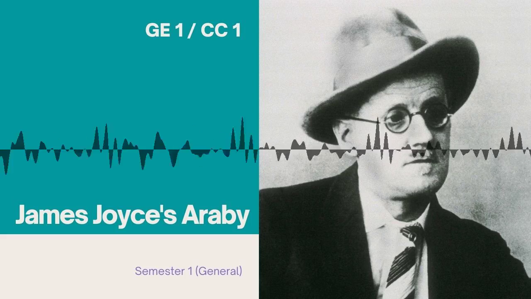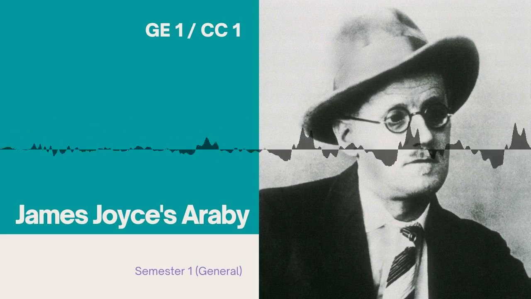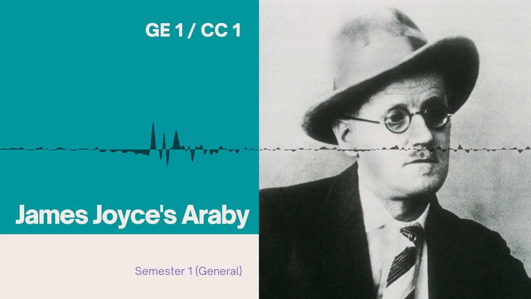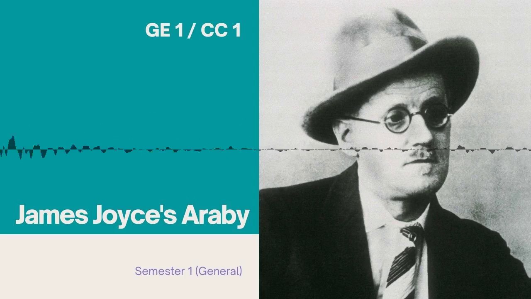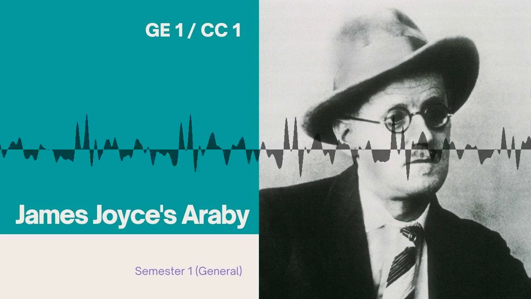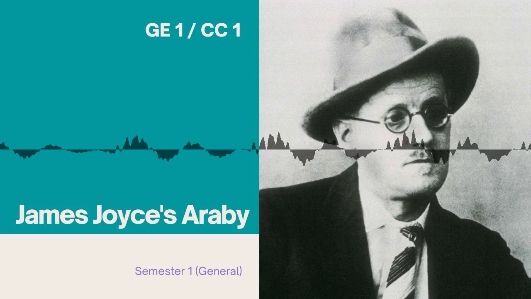Dubliners, this entire collection from which Araby is taken, paints a portrait of life in Dublin. Now, what is Dublin? Dublin is a city in Ireland. It's the capital of Ireland, right? And Ireland is a country which is close to Britain, close to the United Kingdom. If you have seen the map of the world, I'm sure you have seen Ireland in it. It's an island country, of course, very close to England, very close to Britain. So this entire book, Dubliners, has stories from the city of Dublin, which is why it is called Dubliners.